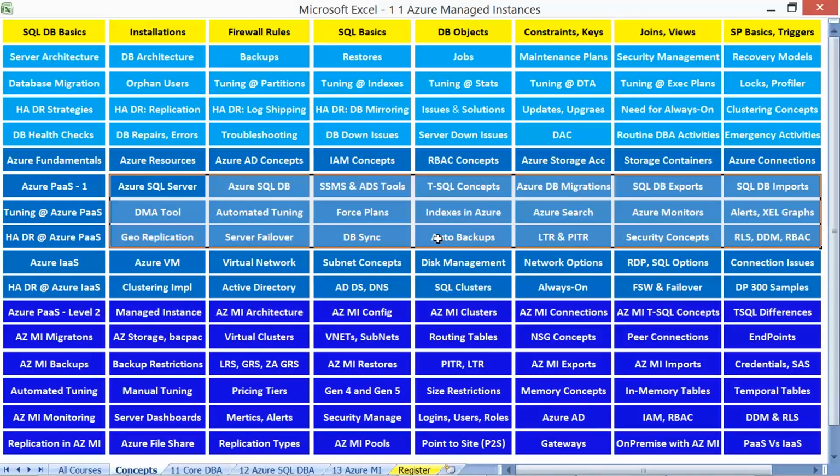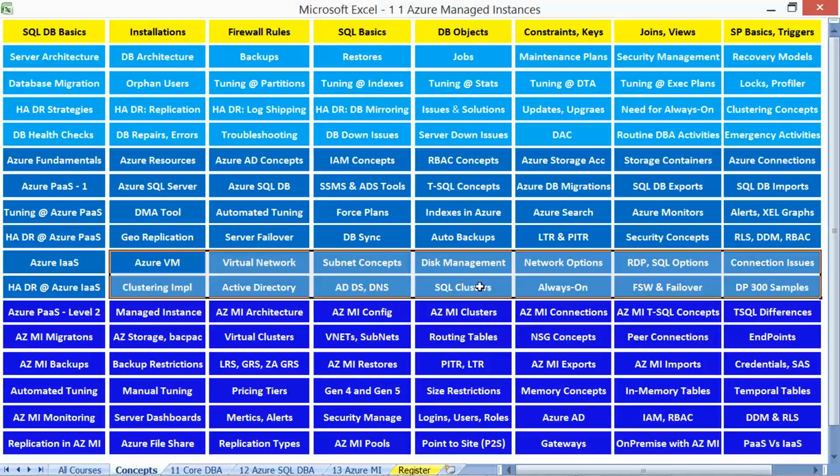And we'll understand about virtual machines and networking, disk management, network operations and RDP connection issues, clustering with always on implementations and file share witness and SQL clusters, Windows clusters, as well as always on with DP300 examination guidance.